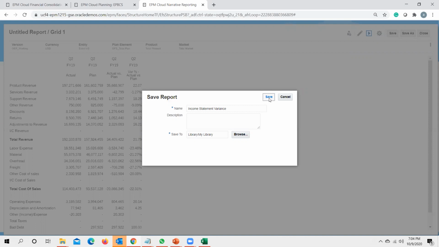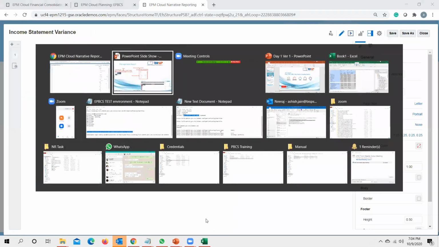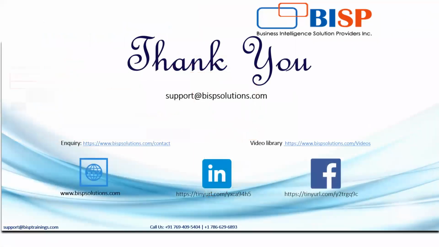So my report gets saved in my library, and I can use this report in my final report package. So this is how you can prepare your income statement report and management report under narrative reporting. Thank you for being with me in this session.